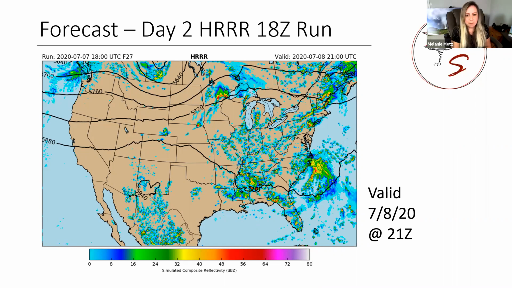So this was from the day before, the 18Z run of the HRRR, and as you can see, it actually looks like a little better storm popping up there on the border of Nebraska and South Dakota along that expected boundary in that area. But we're not seeing much at 4 o'clock. This would be for 4 o'clock on the chase day, yet popping up according to the model run, which of course models are not always right. It's just another way to do some forecasting.